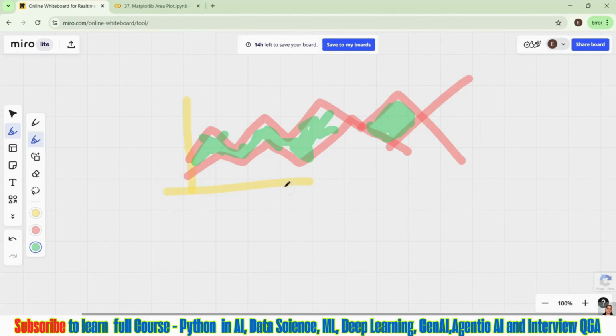What we understood from this graph is that we have to have one x-axis, and then we should have multiple y-axes. If you want to keep more than two categories or more than two continuous variables, you can keep it. However, the x-axis should be one, and by plotting those two continuous variables against it, you need to understand how those two things are behaving. That is your area plot.